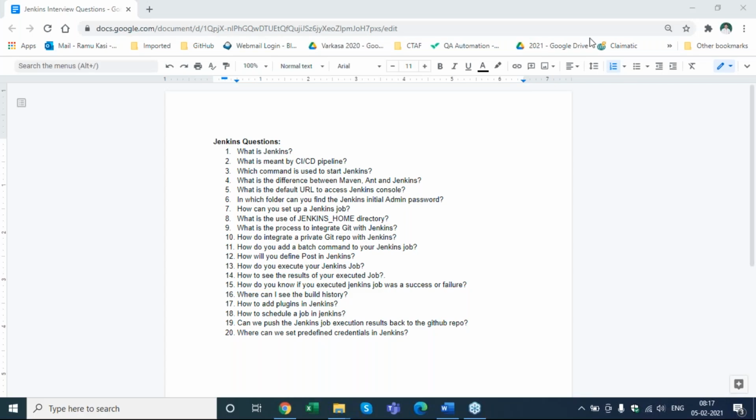Hi team. So today I have picked up questions in the topic of Jenkins. I have kept most of the questions related to the actual Jenkins portal, right? Since we are all new to the application, I thought let's focus more on how we work around the application. So let's start with the basic question. What is Jenkins, team?